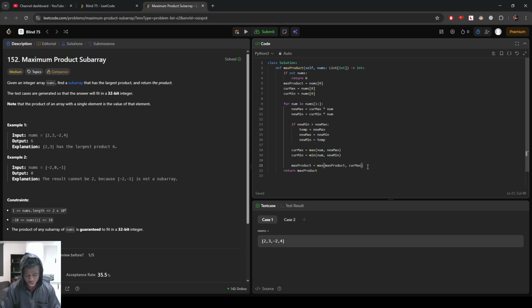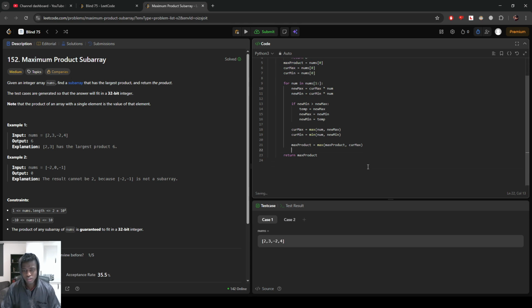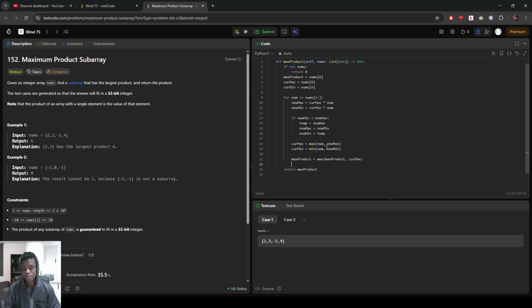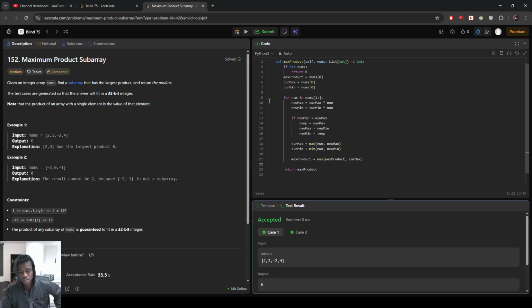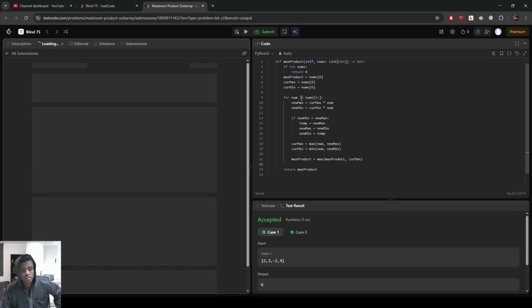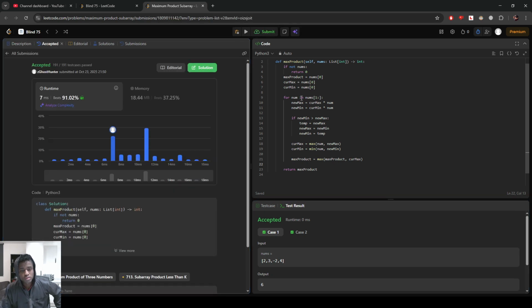And everything should work. So it's not too bad. You're just keeping track of the maximum and the minimum, and then if they swap, you just swap them, and then you always set, on every iteration, the max product to the max of either the current max or the max product. If we play, this should pass. If I didn't make any mistake, yep, it looks like I did not. And if I run this, beautiful. All right, that is